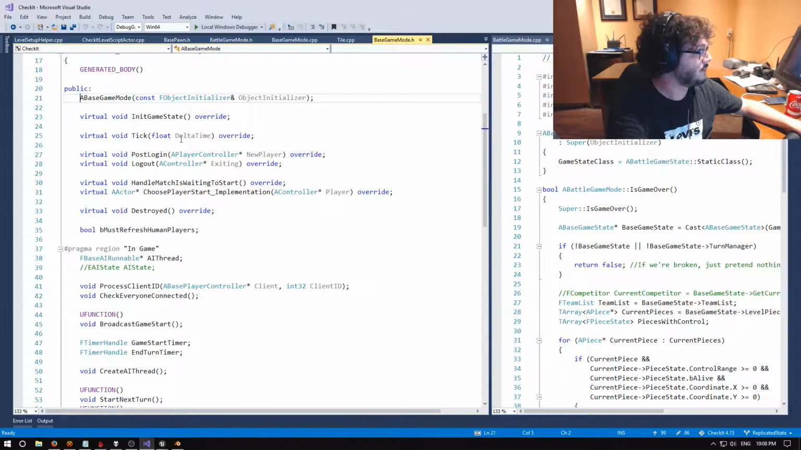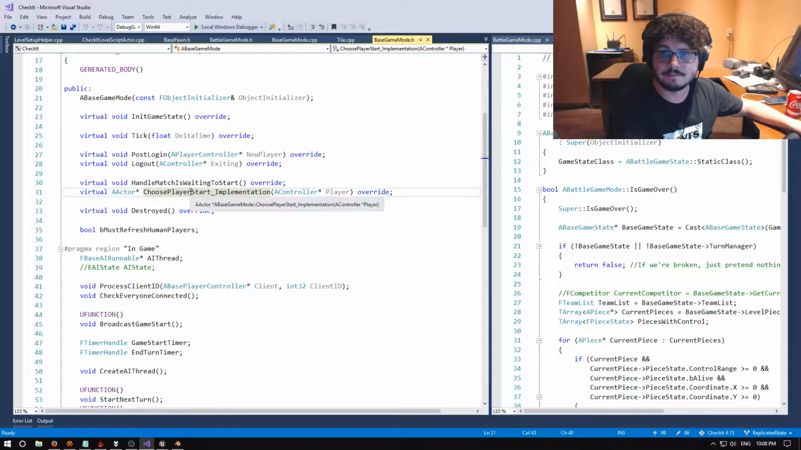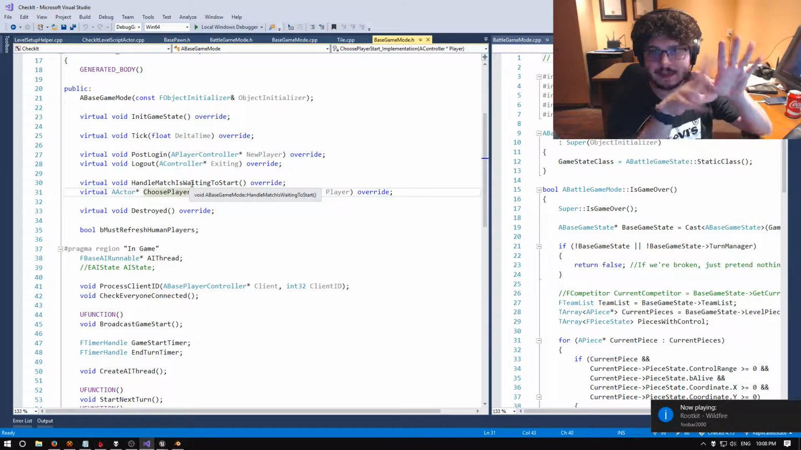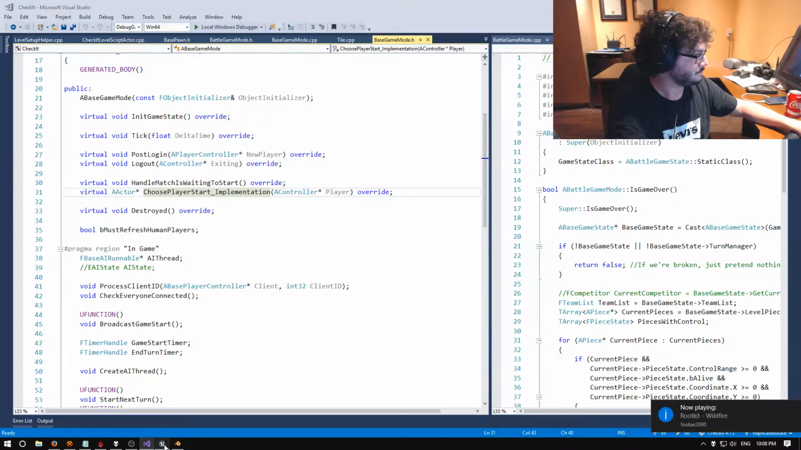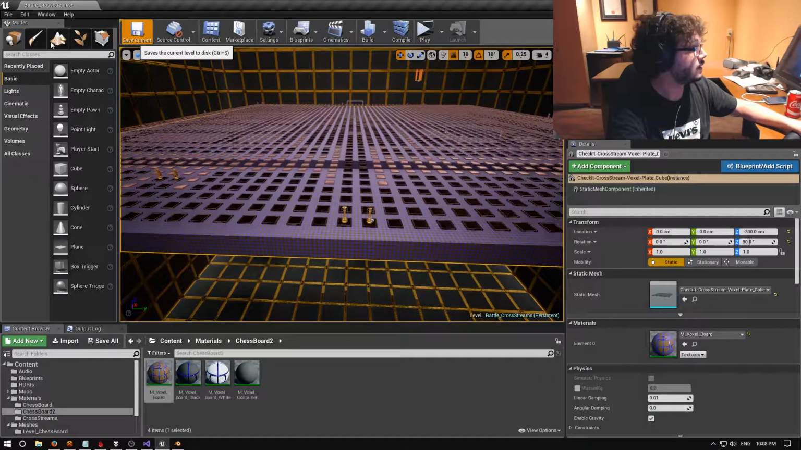So it overrides tick, it overrides post login, it overrides logout, it overrides handle matches waiting to start, it overrides choose player start implementation. This is so I can have everyone go to the player start for spectators at first when I display that thing. So if you look at it when the game starts,